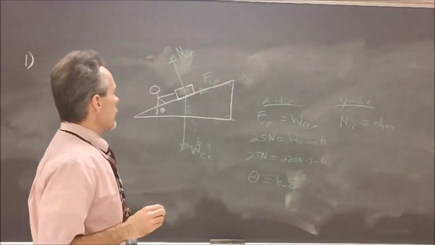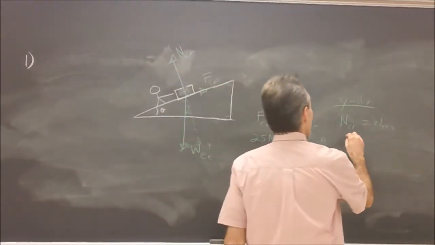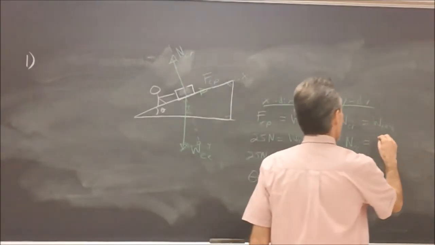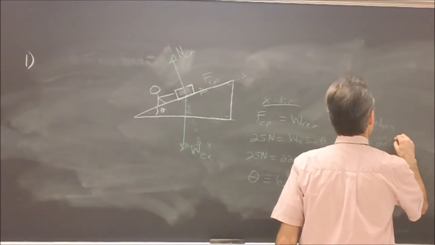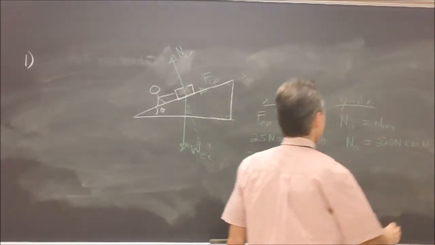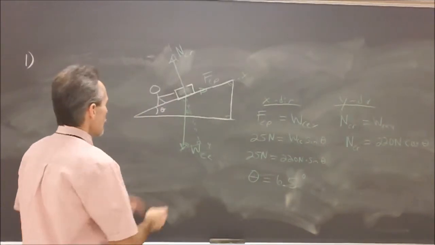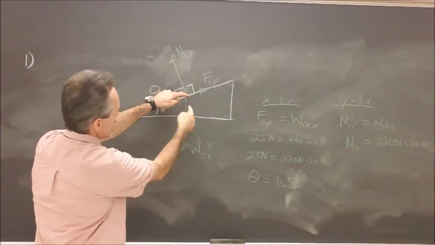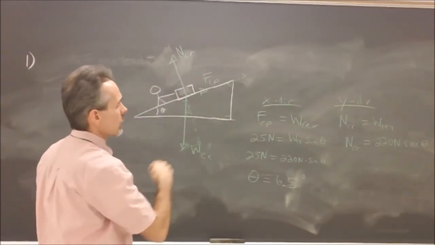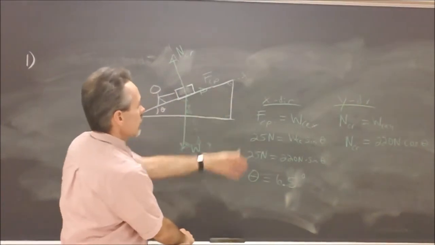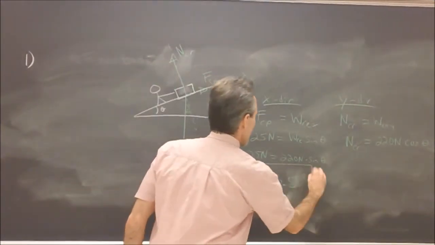I'm not sure if we can get it over here. Let's see, we don't know the support force. Again, we know that the weight will be 220 newtons times the cosine of the angle. We'll notice this angle here, this is the adjacent side, so cosine is going to be it. I have two unknowns, so I can't really figure out what the support is, so I can find the answer. So from that equation,